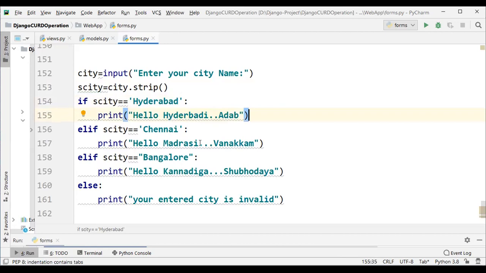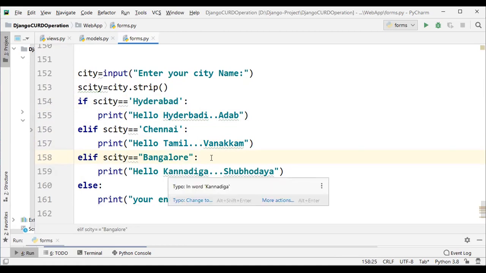Then Madrasi, Chennai. Okay, you see. Elif s_city equal to Chennai, then hello Madrasi, Vanakkam. Madrasi not a Tamil. Okay, Tamil, Vanakkam. Elif s_city equal to Bangalore, then Kannada.